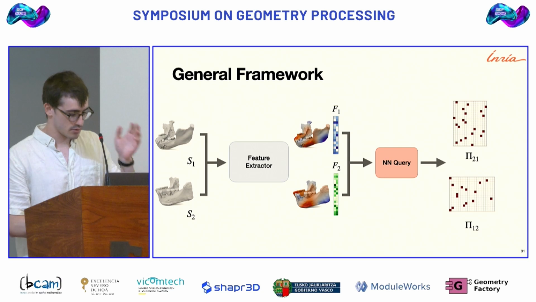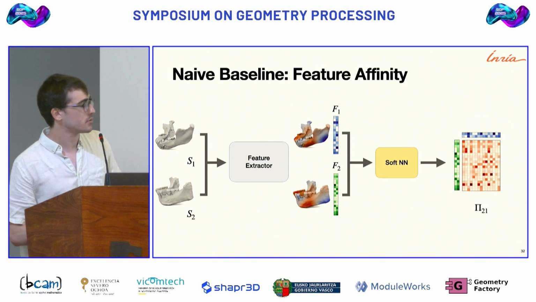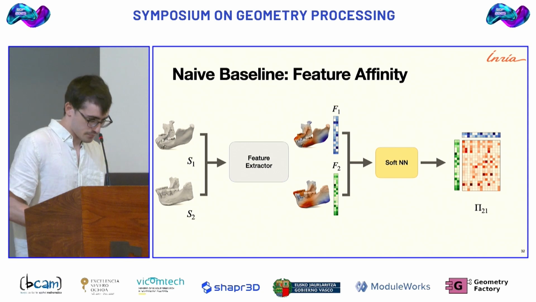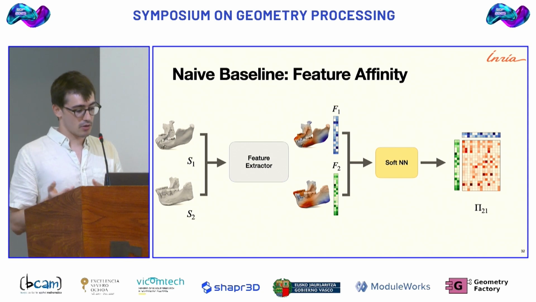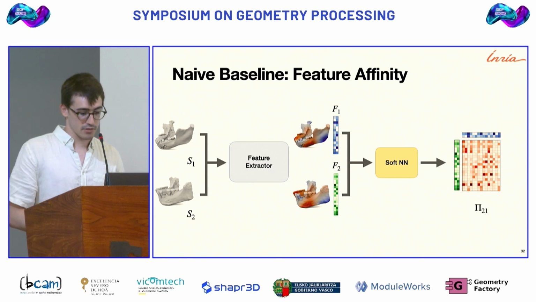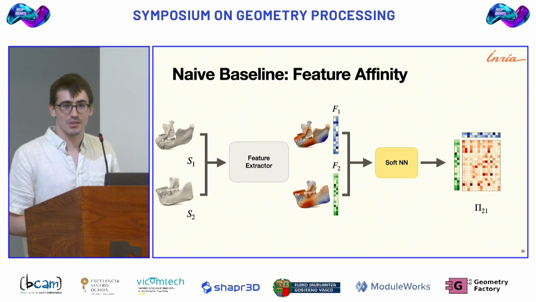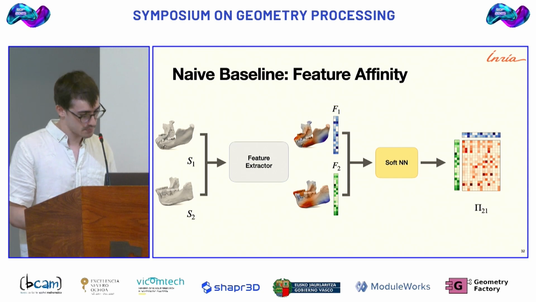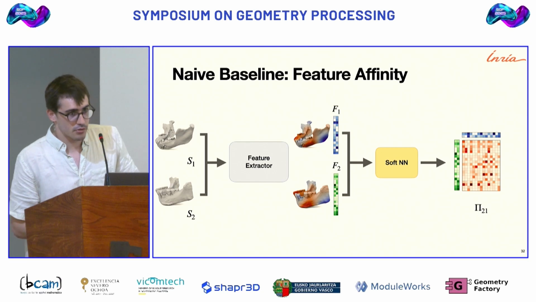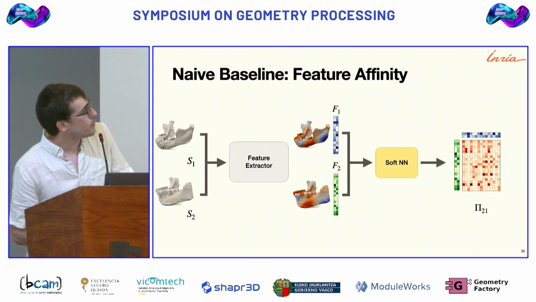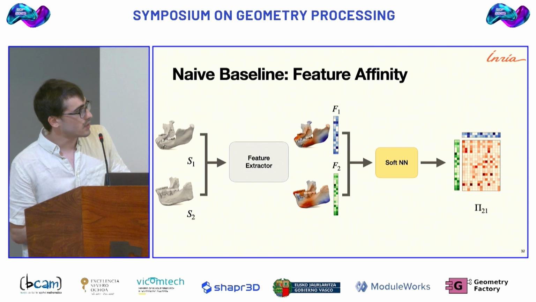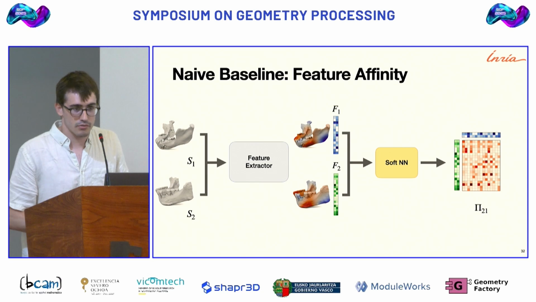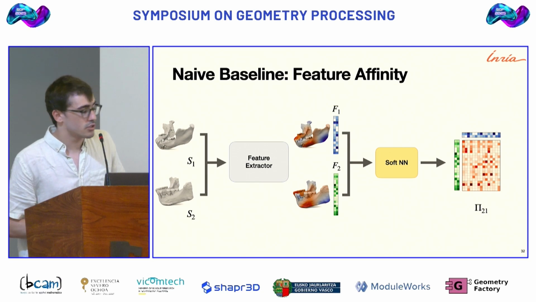So a natural thing to think is that I can do a soft nearest neighbor, with some kernel, like exponential of minus a distance, or anything that looks like a good kernel. We have this soft nearest neighbor, and then we can apply any loss on this Pi. But what kind of loss? It's again not too easy. Maybe we want something that's bijective. Maybe we want to transfer some signal, but what signal do we have if we just have shapes? One big issue is that you have your point features, you're doing this softmax, and even if you had ground truth correspondences, you're just solving a classification problem. You're just trying to classify,